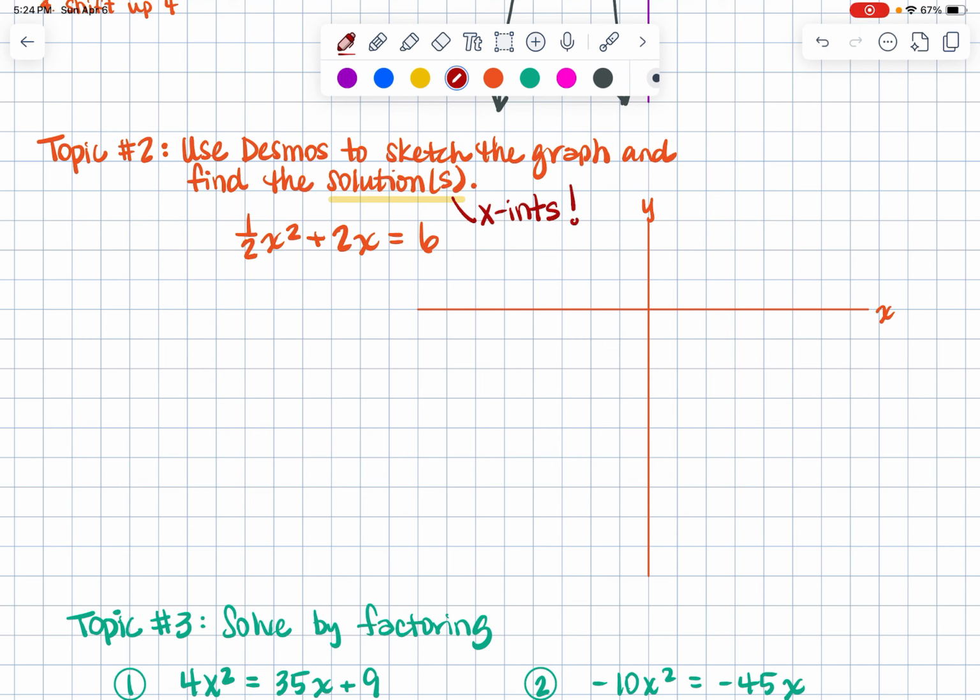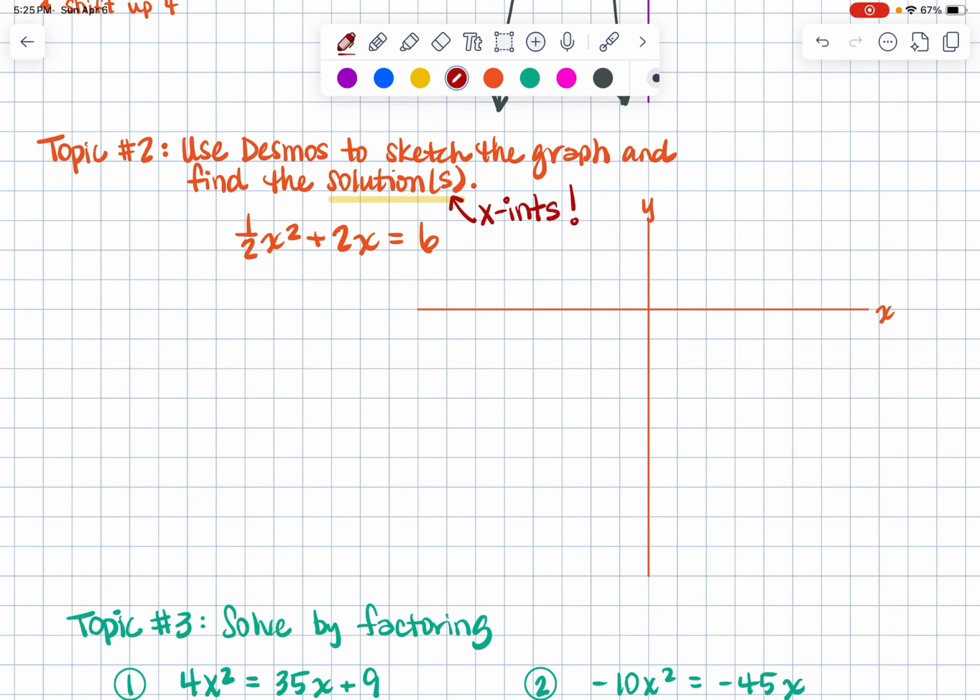I don't care about anything else. I don't care about the vertex. I don't care about the y-intercept. I don't care about any other points other than where it crosses the x-axis, right? Remember, those are also called roots and zeros, right? Roots, zeros, solutions, x-intercepts, they all mean the same thing. So essentially, I just want to be able to type this function into Desmos, sketch its graph, and figure out